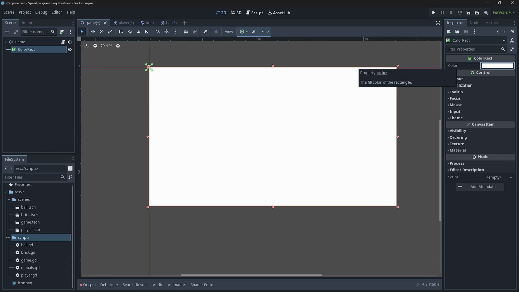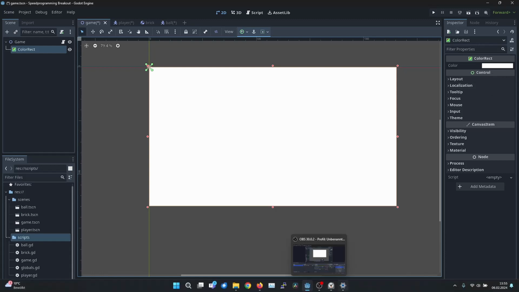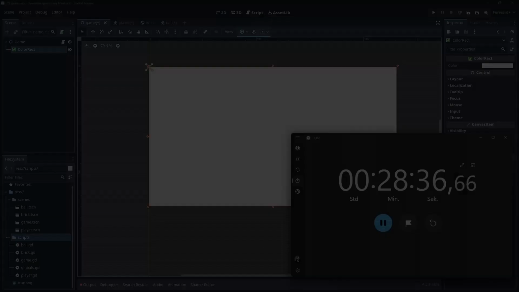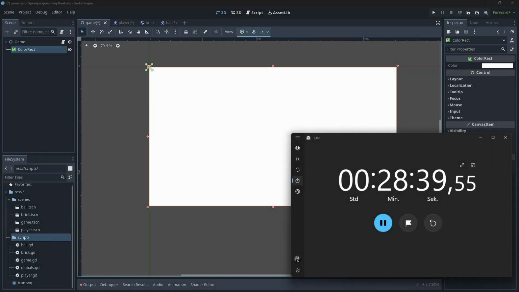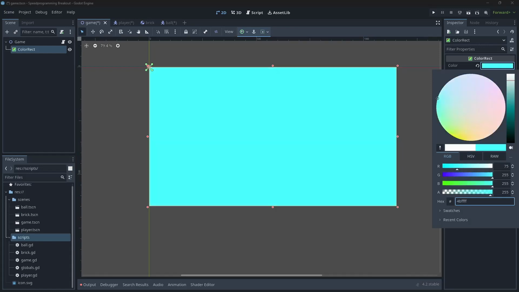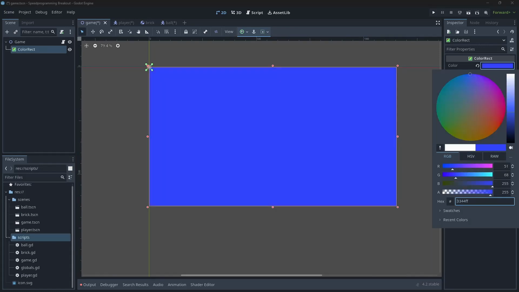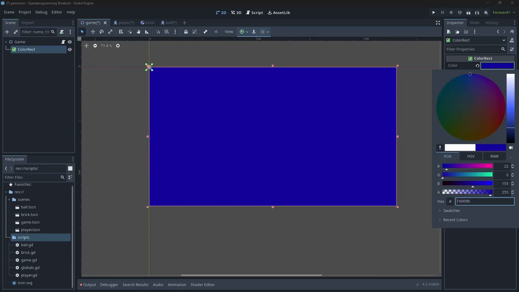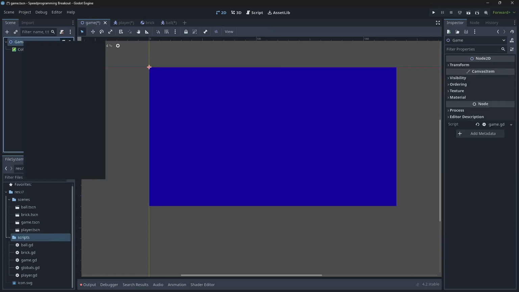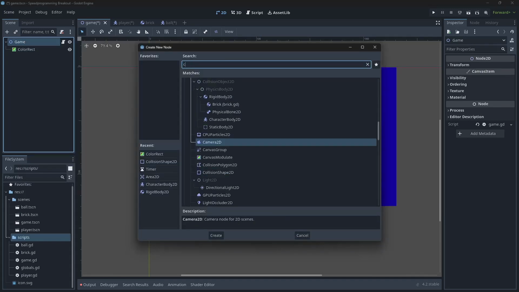And so define a color here. I like blue, bluish. Oh, let's do that. Okay. And I want to have a canvas layer, of course, for our UI. Canvas layer. And just for the start,